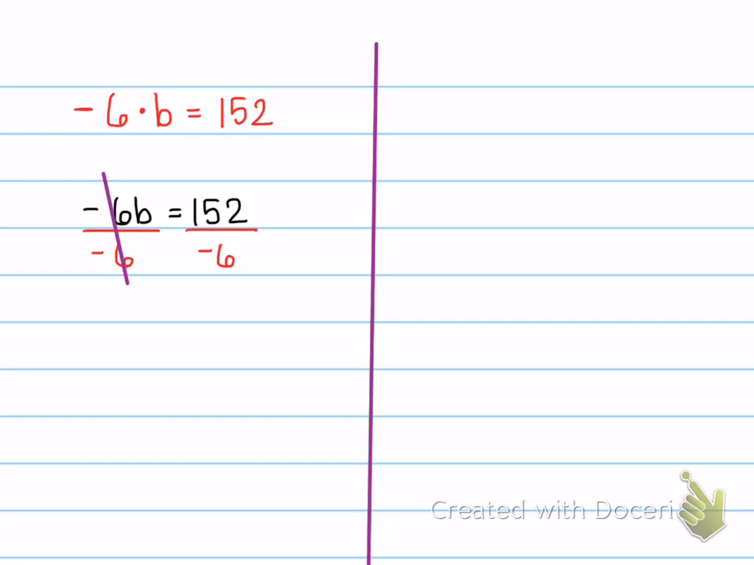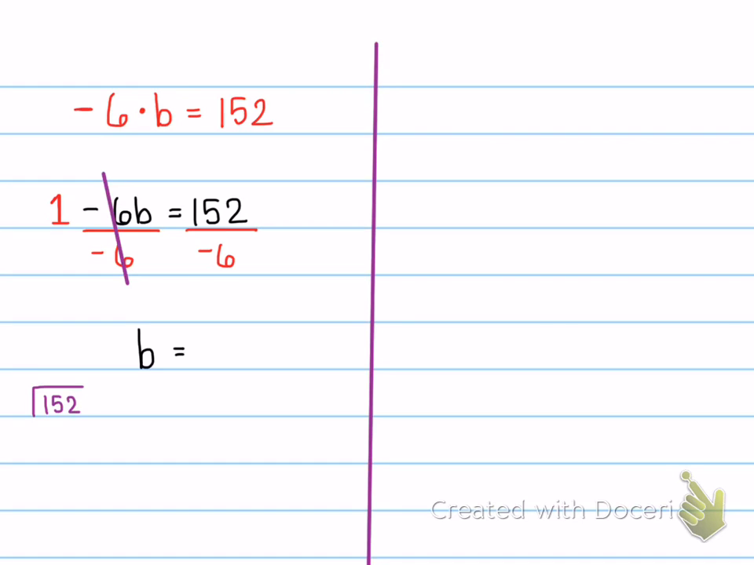So I am left with 1b, but again, we will only write that as b in our solution. So as of right now, I am at b, and it's a positive b, equals then whatever 152 divided by 6 is. Now, like I said, sometimes you're not going to be able to do this off the top of your head. So I am going to do the long division, 152 divided by 6,